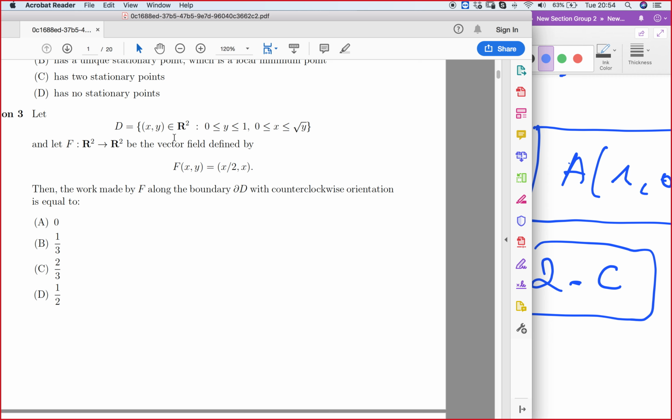We have the domain (x, y) belonging to R², such that 0 < y < 1 and 0 < x < √y. Let f from R² to R² be the vector field defined by f(x, y) = (x/2, x). Then the work made by the function f along the boundary of the domain, assuming a counterclockwise orientation, is